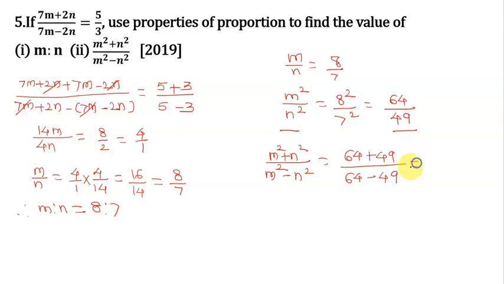Here 64 plus 49 equals 113, and their subtraction 64 minus 49 equals 15. Hence the value of the ratio (m square plus n square) upon (m square minus n square) is equal to 113 upon 15. Okay, now next,